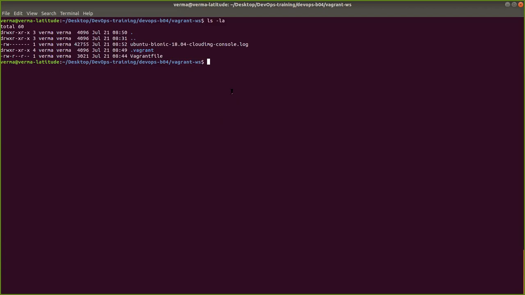After that, I want to connect to the machine which is created right now, the new machine. So you need to type vagrant ssh.